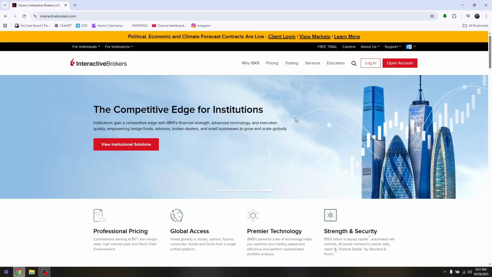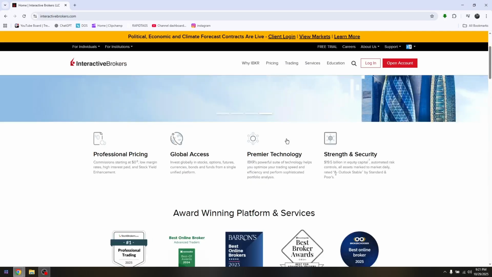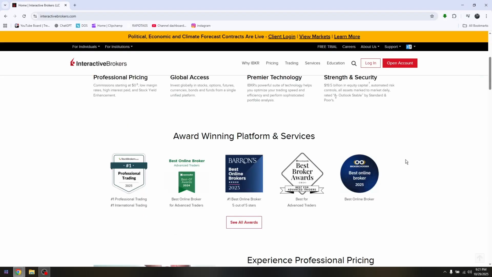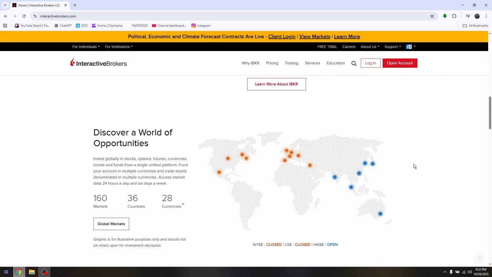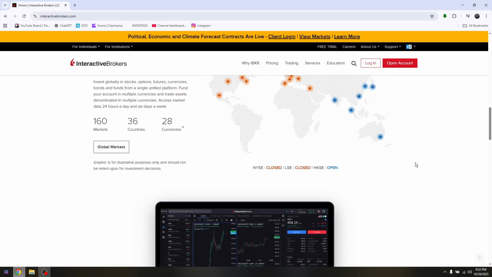How to deposit money on Interactive Brokers. Now, if you're going to be doing the method via the mobile app on your phone, the process is still the same as if you're using the web version. Just simply open up or log in to your Interactive Brokers account and then just navigate through the